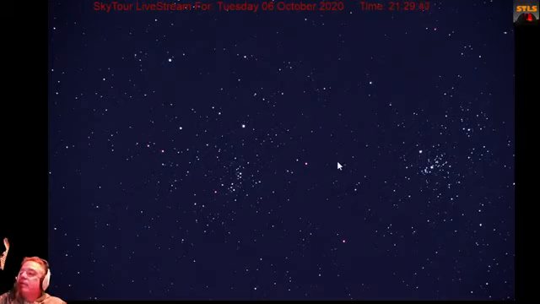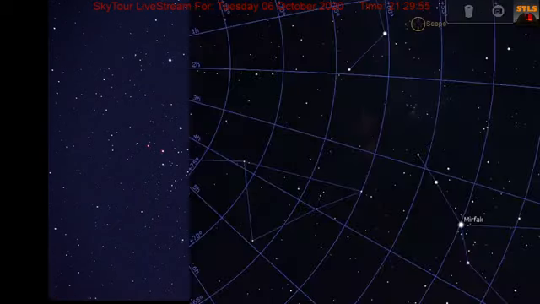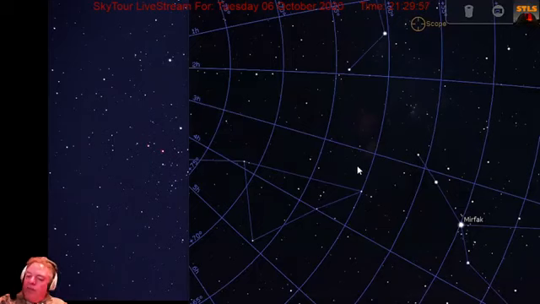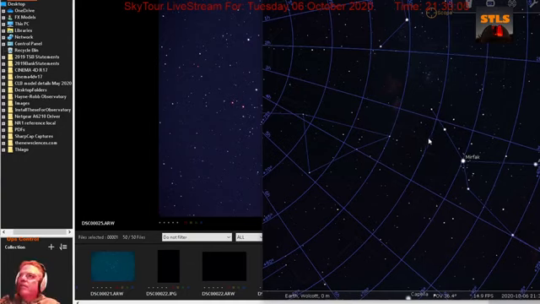In the sky, it's halfway between the W of Cassiopeia and Perseus, but it's technically in Perseus. I can show you that too, because all we have to do is bring up our constellation boundary lines, which are those little red lines.